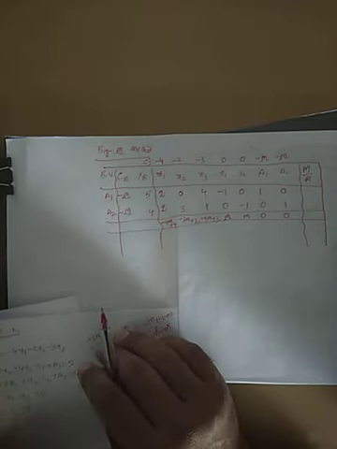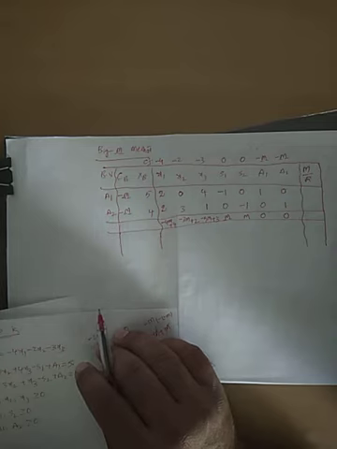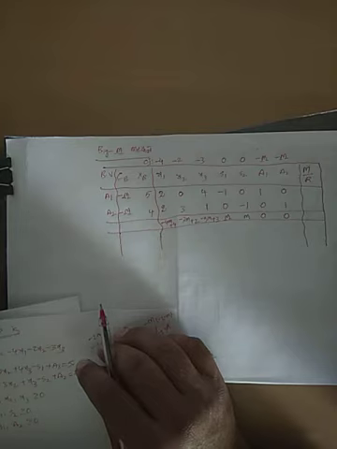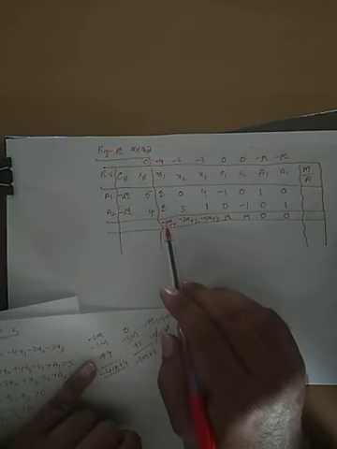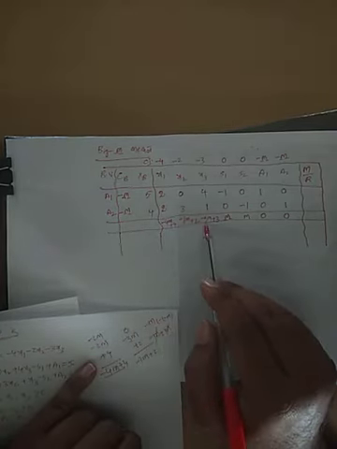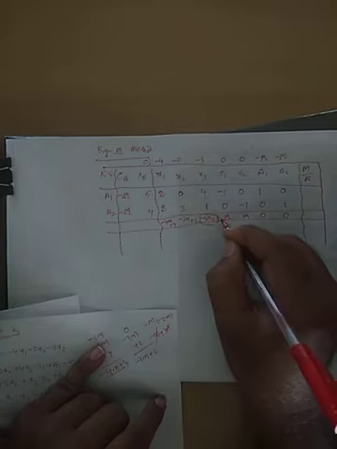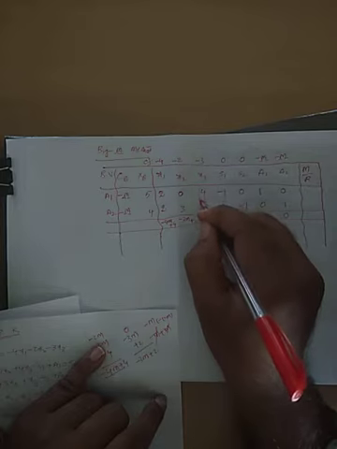Now we got the net evaluation values. Are all positives? No. Always remember that in front of m, a negative sign means a negative value. Which is the most negative value? In front of m, a larger value with negative sign is called the most negative element. Here minus 4 is there, minus 3 is there, minus 5 is there. Which is the larger negative value? Minus 5. Hence this is the most negative value and the corresponding column becomes your key column.